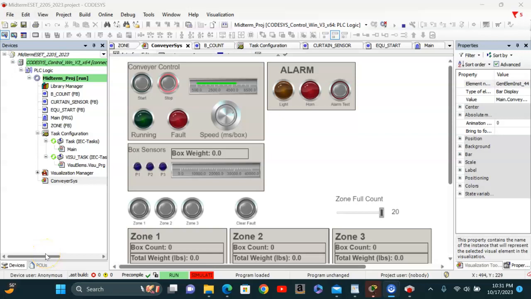Part 3 in our midterm asks us to make another function such as a box count. In part 1, you can remember the introduction to momentary start and stop push buttons. In part 2, we talked about the zone conversion using the weight real. So in part 3, it asks us to use a visualization that provides a count of boxes and a weight